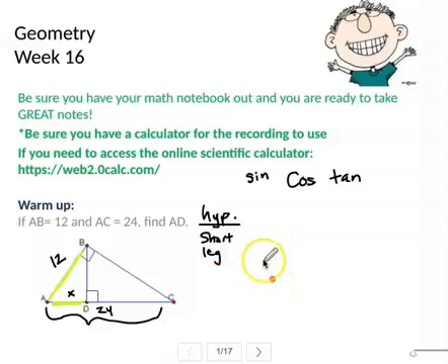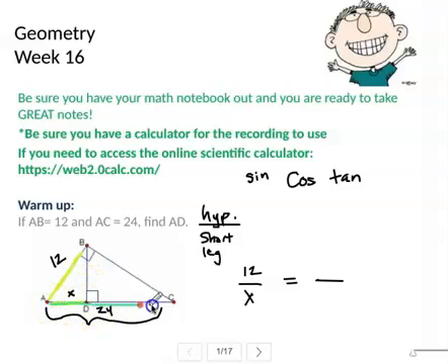I also, when I'm looking at this other triangle, triangle ABC, have the hypotenuse and the short leg labeled. So I can go ahead and use that as a blueprint to set up my proportion. So if I do the hypotenuse of my smaller triangle, I'm going to have 12 over the short leg, which is X. And then my bigger triangle, triangle ABC,